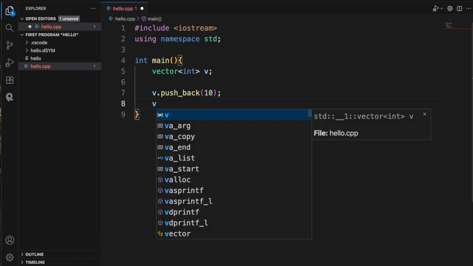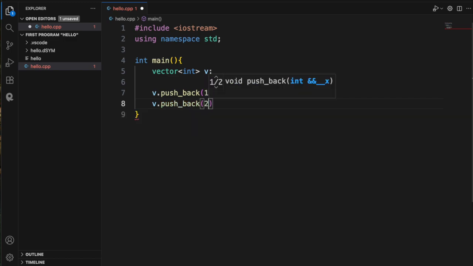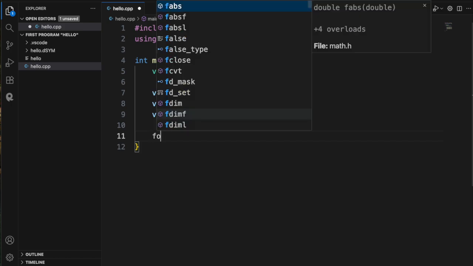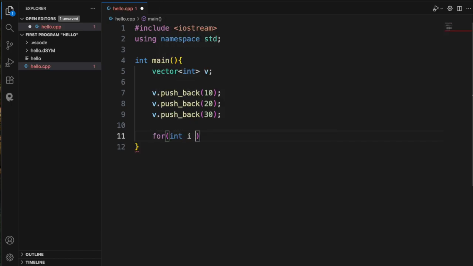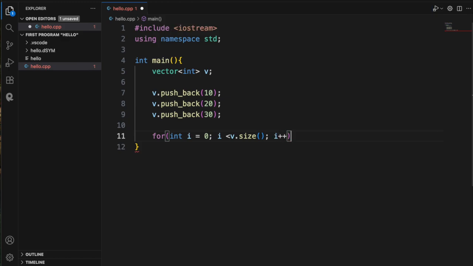Let's add a few more. push_back, let's say 20. To display the elements, we'll write a basic for loop. For int i equal to 0 and then till v dot size. The size function here gives the number of elements a vector holds, and then we write the iteration and print